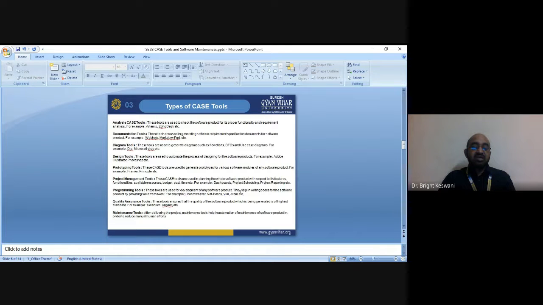As we earlier discussed, there are two categories of CASE tools, but these categories, vertical tools and horizontal tools, are further divided into several other categories, like upper CASE tools, lower CASE tools, cross life cycle CASE tools, integrated CASE tools, and reverse engineering related CASE tools.